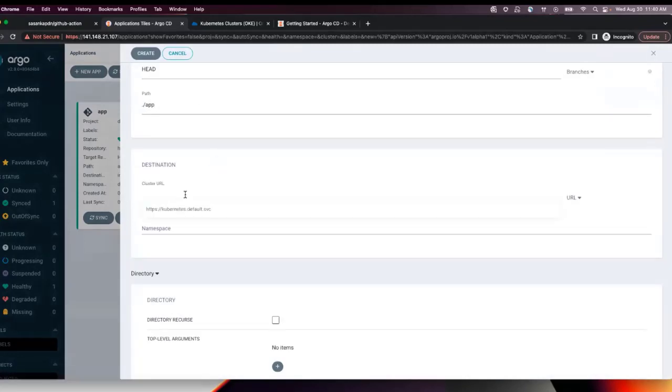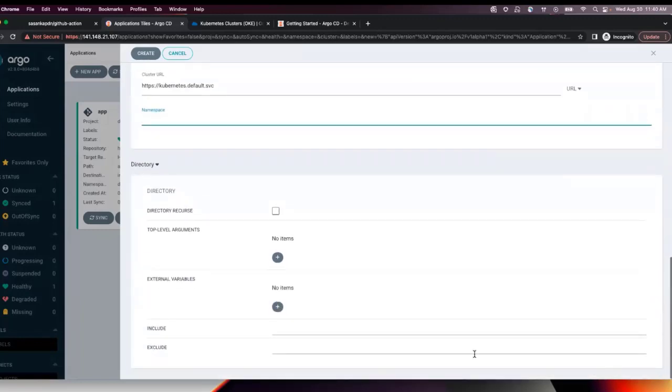This is where you get the destination URL, the cluster URL. Since we already installed Argo CD in the Kubernetes cluster, it will take the Kubernetes default service, so you can go directly. If you want, you can make it a new namespace.